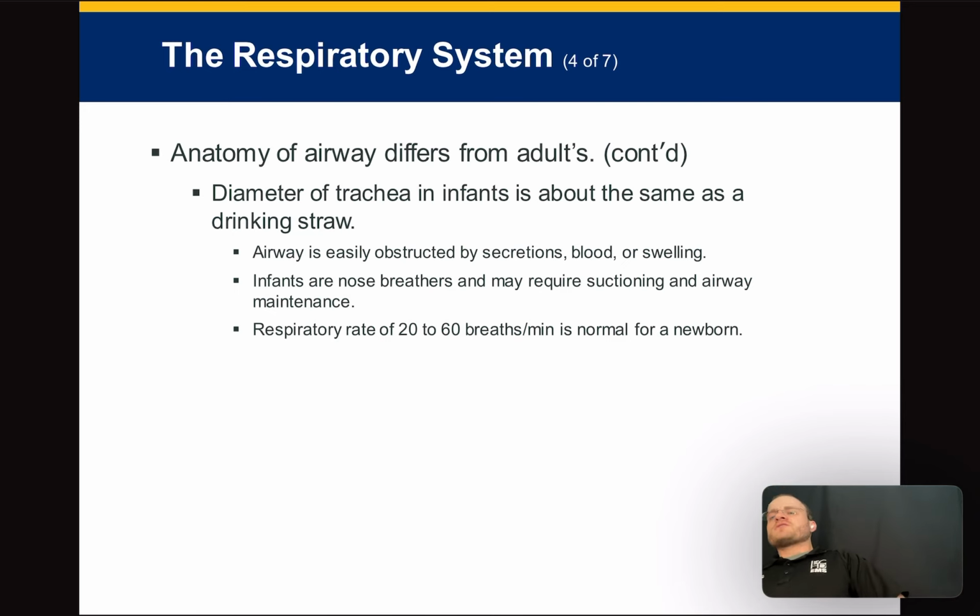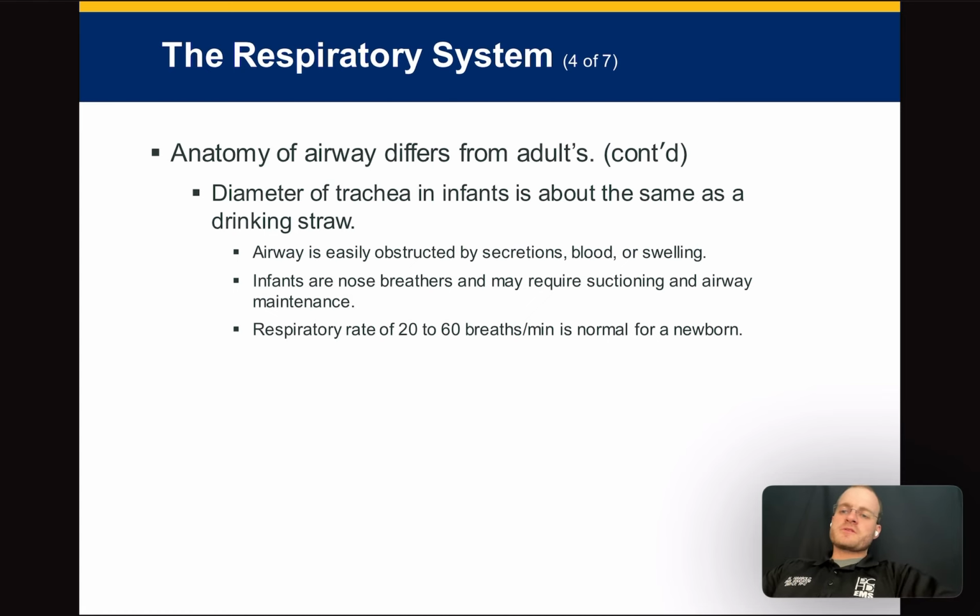Remember, infants are what we call obligatory nose breathers. They have to breathe through their nose. This is why it's so important to keep an infant's nose clear. They can't raise their hand and say, hey, can you blow my nose? This is why you have to suction infants' noses out. We'll show you how to do this in class. Pretty aggressively, especially if they get a viral infection like RSV. They have tons and tons of mucus production, and they can become in severe respiratory distress if their nose gets clogged up. They are obliged, they must breathe through their nose.